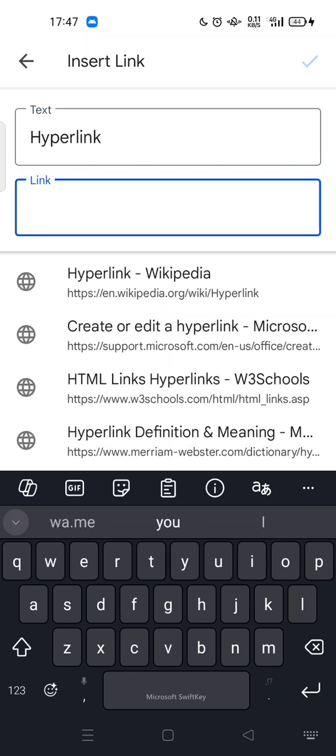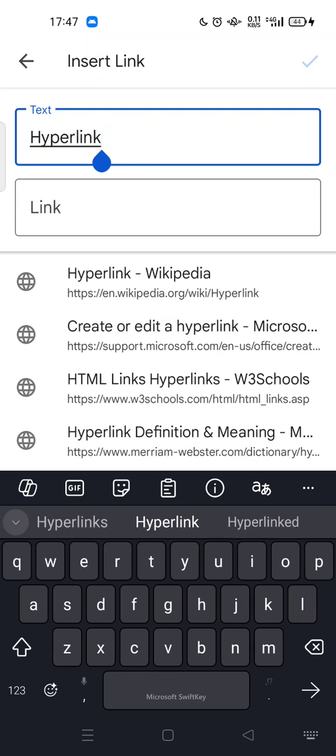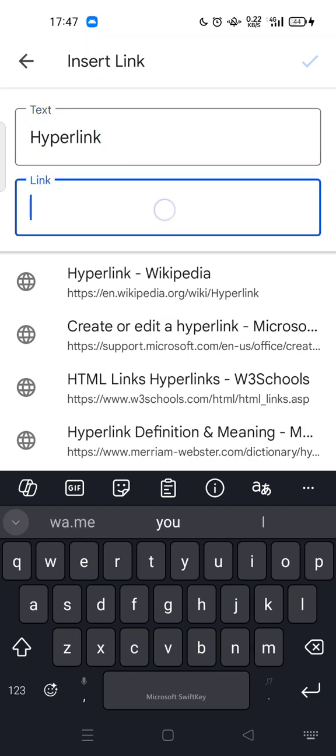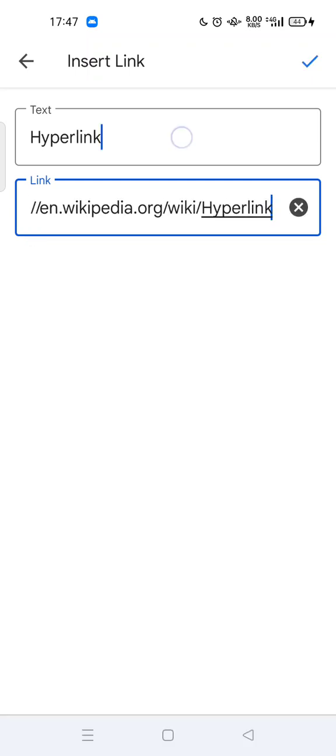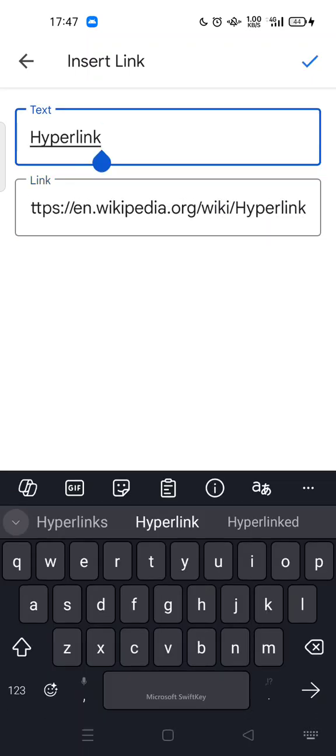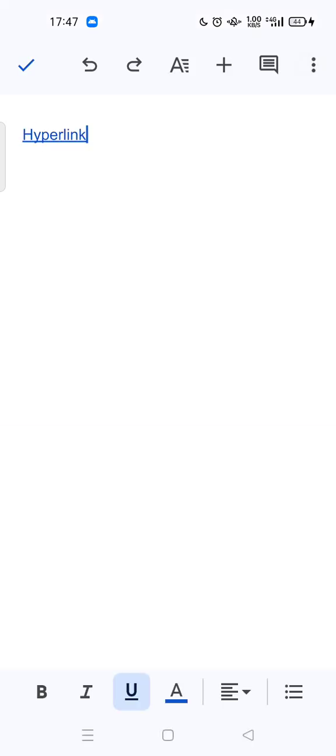You can try to give this link on here. You can copy paste, like for example Wikipedia here, and this is the text, and tap the check button, and here we go. The text turns blue and there is an underline. It means your